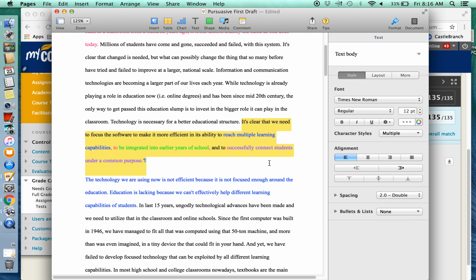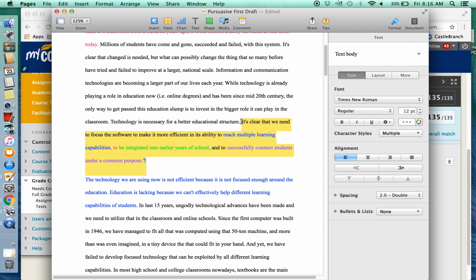It should land at the very end of the introductory paragraph because it needs to tell your audience, here's exactly what I'm going to be arguing. Here's what you can prepare for in this paper. And what I like about this thesis statement, you don't have to do this, but I think it's cool that this author did it,